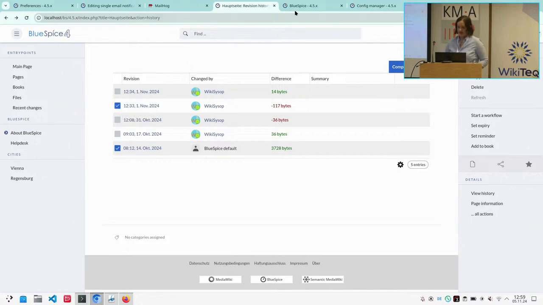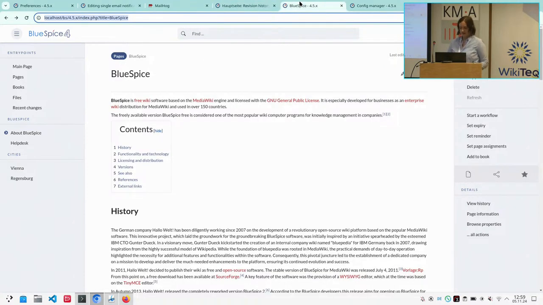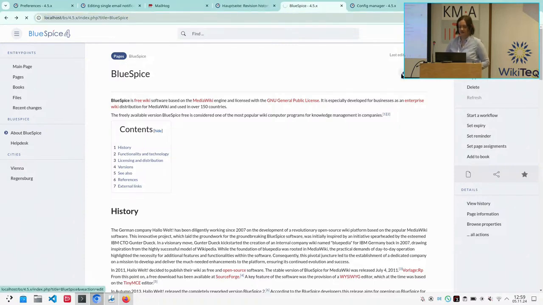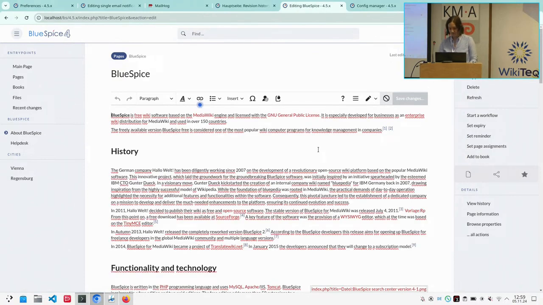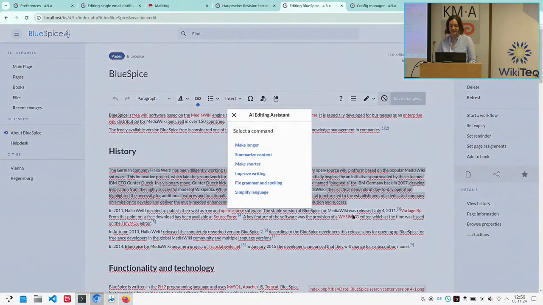Then I'll have the AI editing assistant. That will support a user if he's writing content and wants to improve it or needs help with writing the content. Then we have an integration into this little pop-up with the little robot icon, and if I click on that, I can make a selection of a command. So if, for example, I want to make that longer,